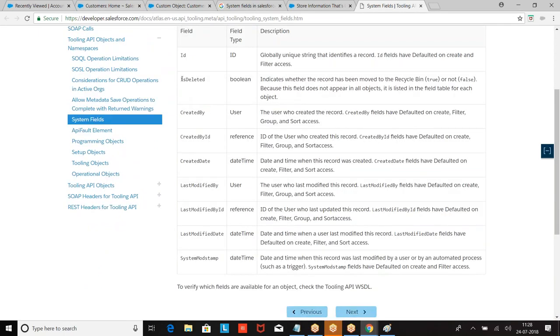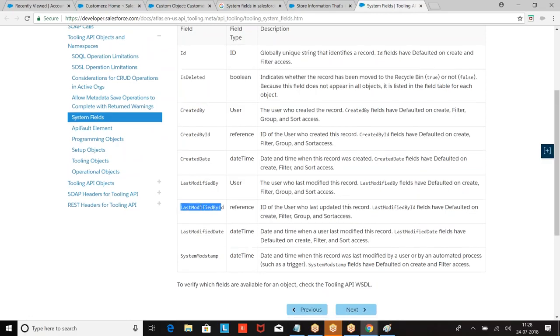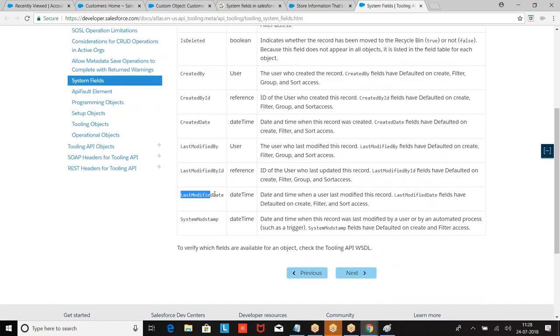ID, IsDeleted, CreatedById, CreatedDate, LastModifiedById, LastModifiedDate, SystemModstamp. So these are the system fields which are created by Salesforce.